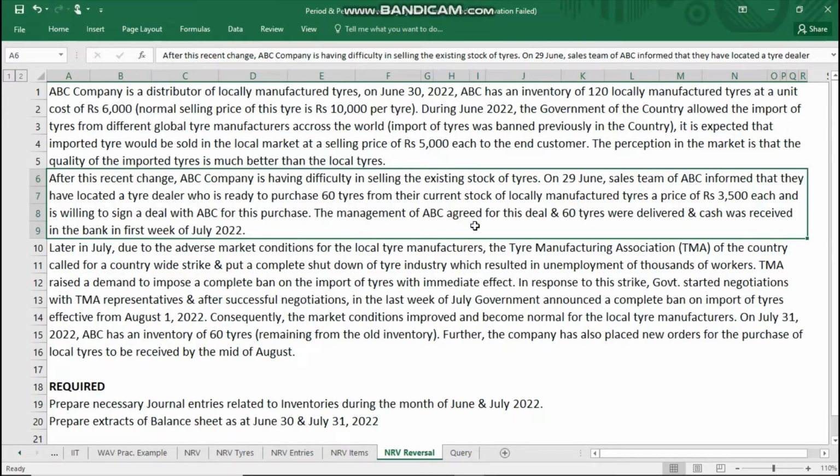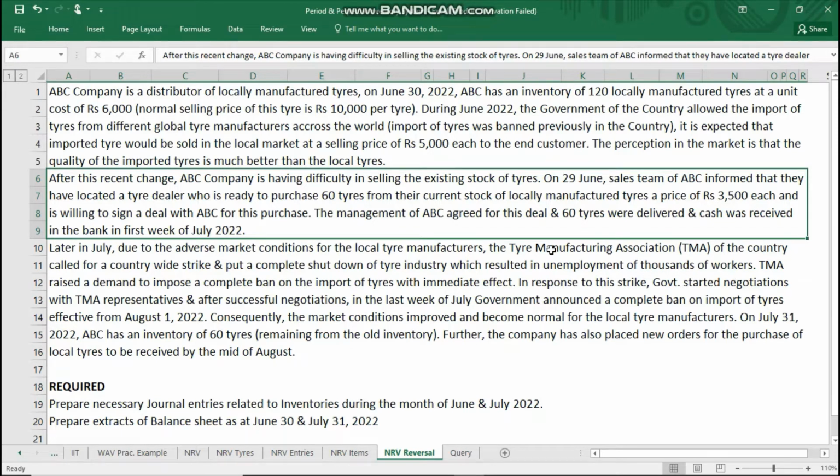The management of ABC agreed for this deal and 60 tires were delivered and cash was received in the bank in first week of July. Later in July, due to adverse market conditions for the local tire manufacturers, the Tire Manufacturing Association of the country called for a countrywide strike and put a complete shutdown of tire industry, which resulted in unemployment of